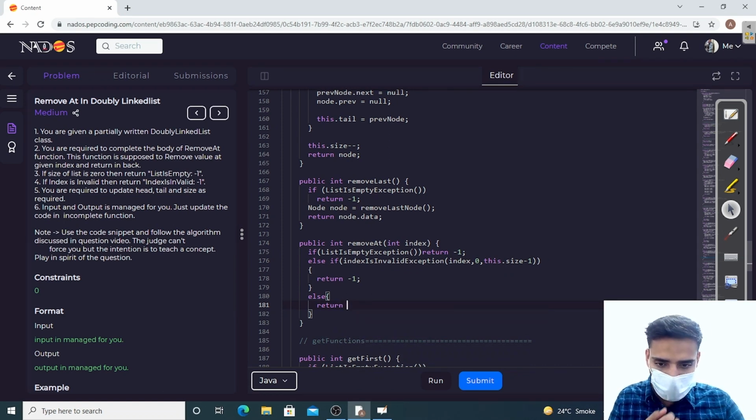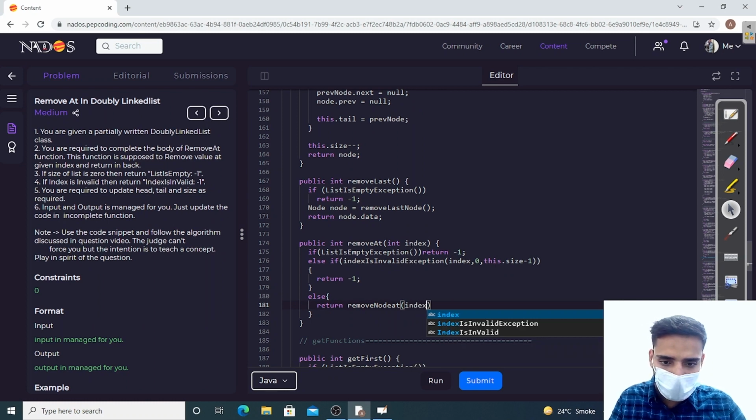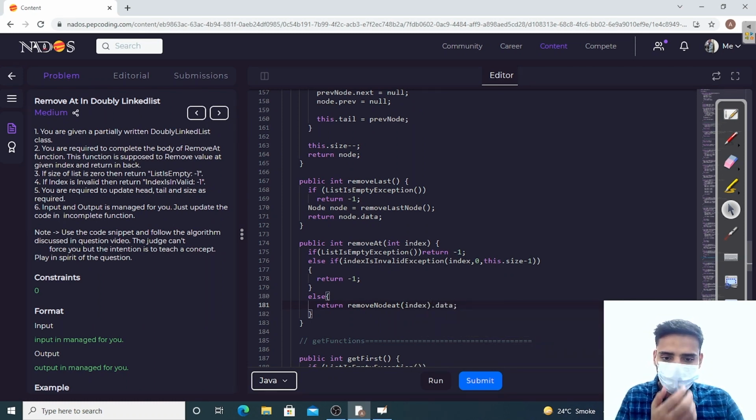So first of all, what we have is remove node at. What we will do, we will send the index. And we have to return the data, so for that we are returning the data from here. Okay, so this is done. Now we are going to make a new function, remove node add. For that we are going to use private, of course, and then we have to